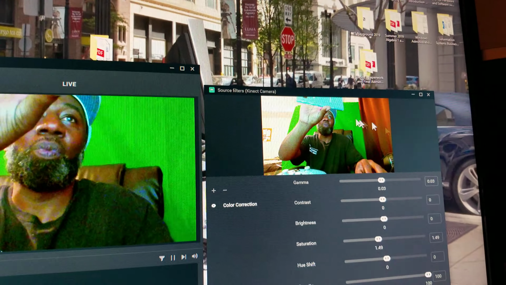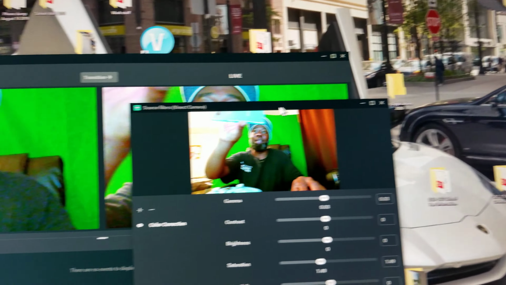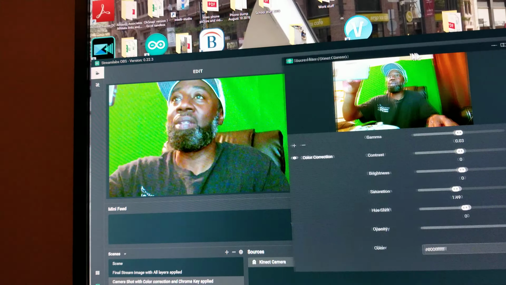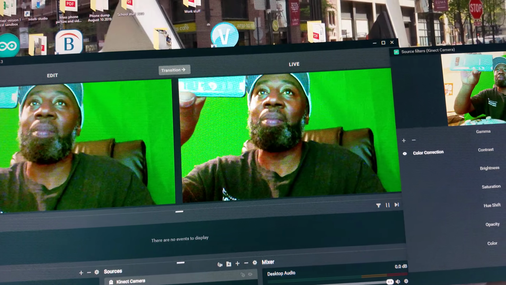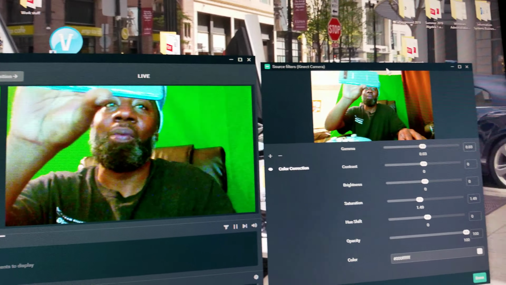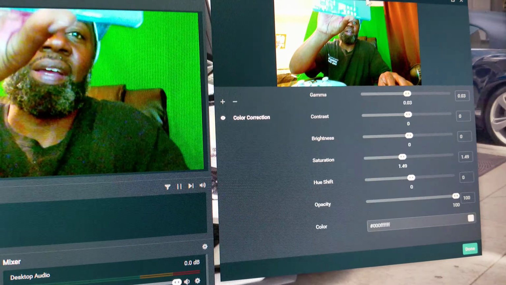You can move this window all around. I just like to move it to the side. It really can go to any one of these screens. It pops up in the middle, but I like to move it to the side because I like to be able to see what's happening all over. All right, so,